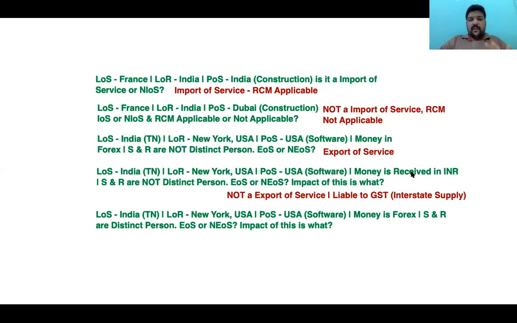Make yourself comfortable. Question is this: supplier is in India, recipient outside India, place of supply outside India, money received in forex, but supplier and recipient are distinct persons, a person of the same establishment, but only located in two geographical places. Ajinomoto Inc. Japan and Ajinomoto Inc. India. But both are what? Japanese based Ajinomoto Inc. company.